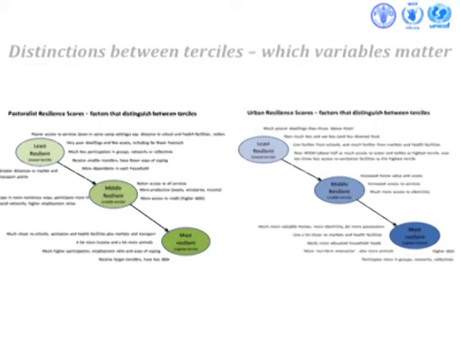So going on, another way of presenting those findings is by terciles. So within each livelihood group, if every household gets a resilience index, you can line them all up and make the top tercile, the middle tercile, and the bottom tercile. And you can see what variables were different between those. So it's another way of looking at the sort of pop chart of what makes a difference within a livelihood between higher and lower resilience.